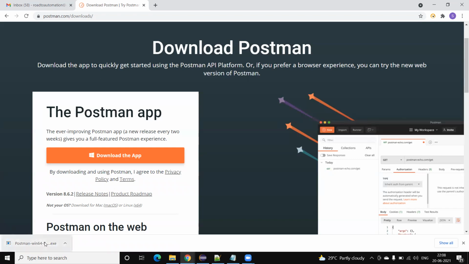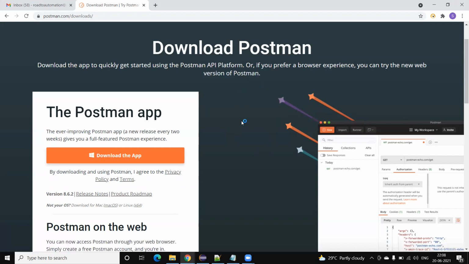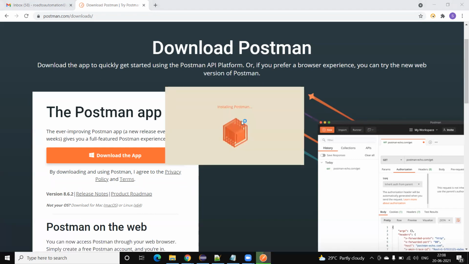Once the download is successful, just click on this executable file. It will start installing Postman on your system. Now you can see this is running.